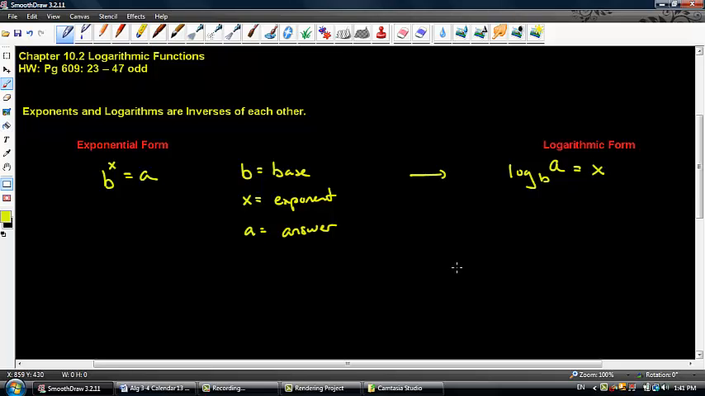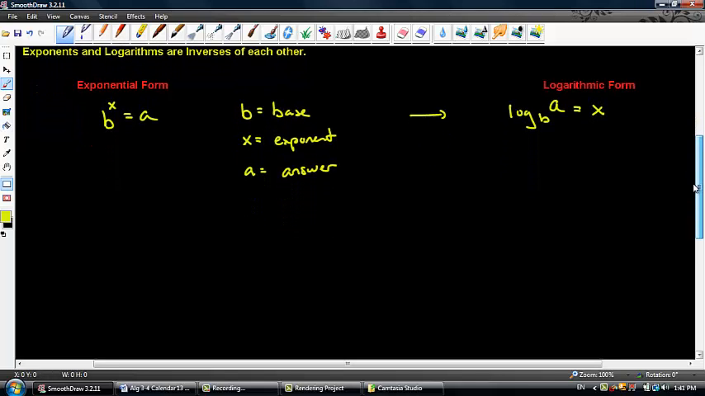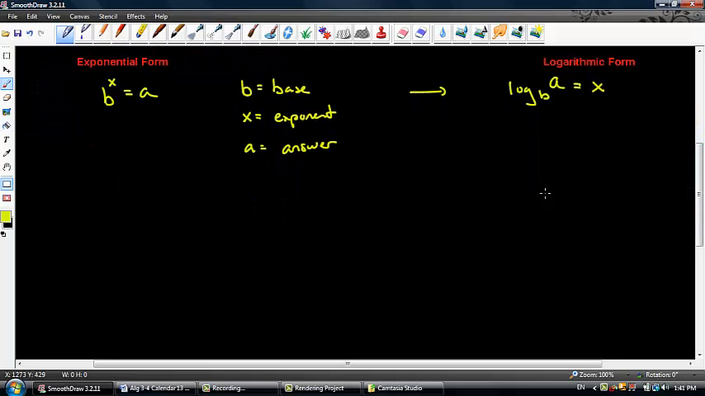Basically what you're doing is reaching into the exponent and pulling it inside out, and that's how you get this logarithmic form. Now I know this seems kind of weird, it's a little off-putting. We're going to do a bunch of examples of this right now. I'm going to give you a bunch of exponential forms and we're going to convert them